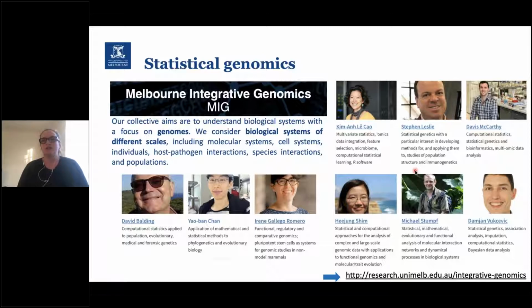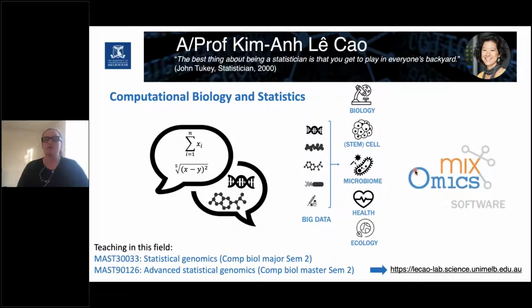Focusing in on just one person from the Melbourne Integrative Genomics, Associate Professor Kim-An Lekau is a member of the School of Mathematics and Statistics, as well as Biosciences. She works in the field of computational biology and statistics. What this means is that her work sits at the interface of statistics applied to modern biology. And modern biology is a field where there are huge amounts of data being generated by high throughput, cutting edge experimental techniques. This vast amount of data might be related to genes, proteins, microorganisms, or even clinical